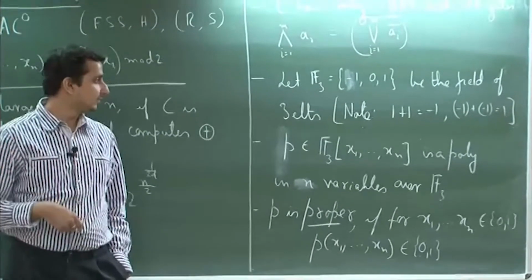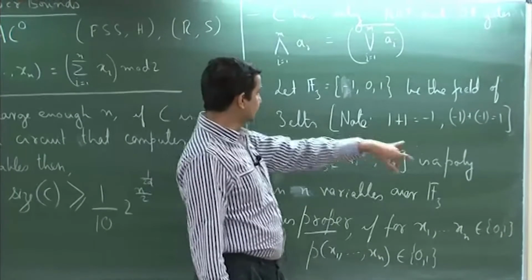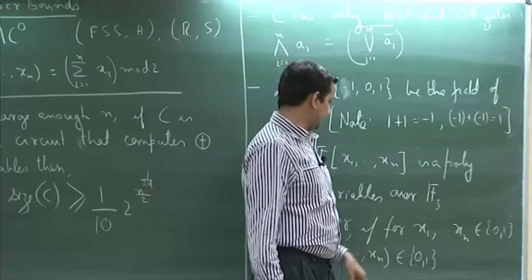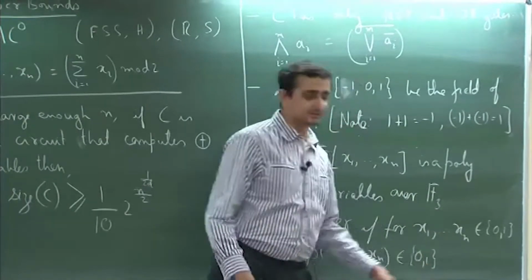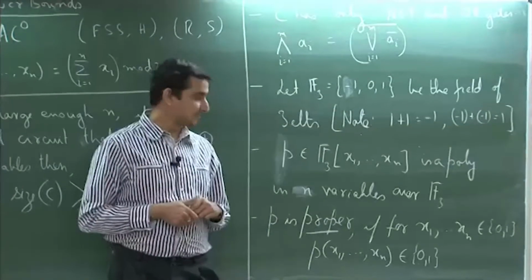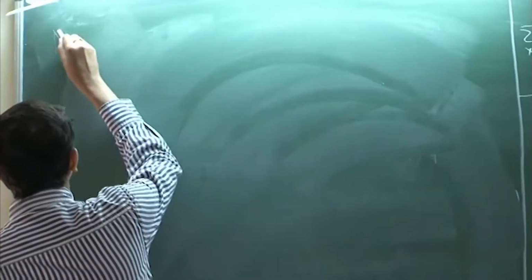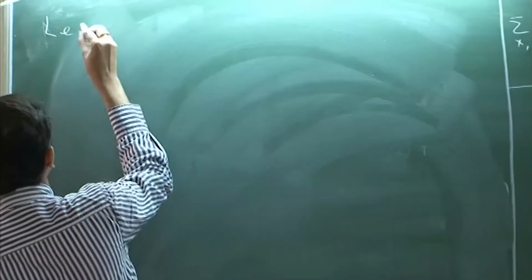So, a proper polynomial, although it is allowed to have values in the field F3, has this restriction that it is in {0, 1}. So, it has a nice connection to Boolean functions. Okay, so the first lemma that we will show is